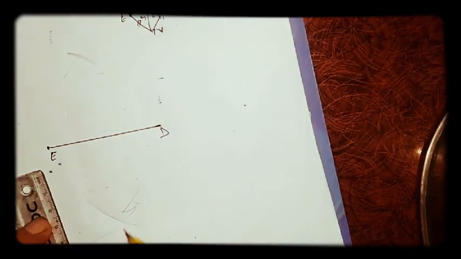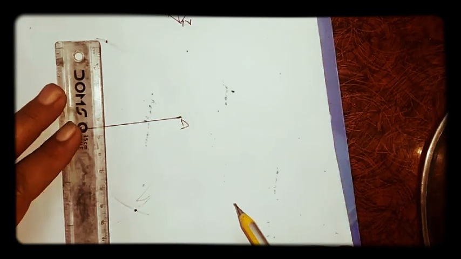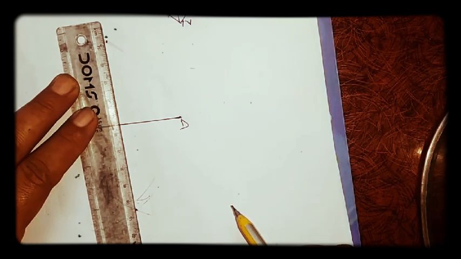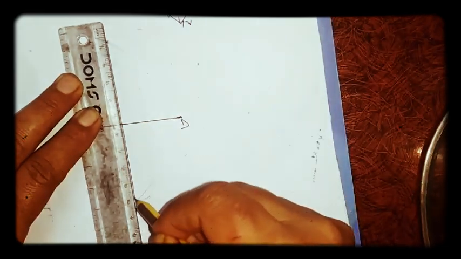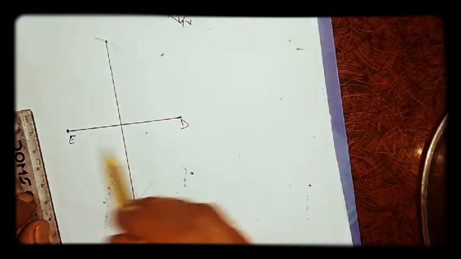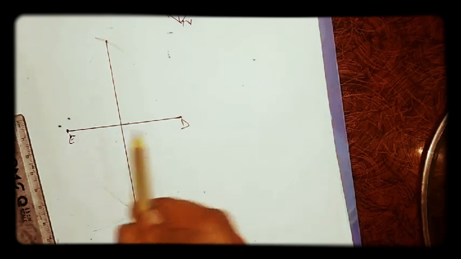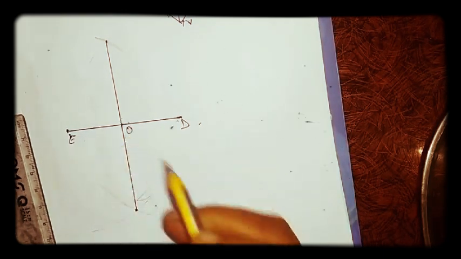Now I will join this where the intersecting points are there. इंटरसेक्टिंग पॉइंट को मार्क करेंगे और इनको ज्वाइन करेंगे. Okay, now I have drawn the perpendicular bisector of this ED. इसका perpendicular bisector मैंने खींच दिया है, मीन्स यहाँ पे 90 का भी बना रहा है और इस वाली ED को बिल्कुल हाफ में डिवाइड कर रहा है. तो लेट इट नेम एज O. जहाँ पे इसको कट कर रहा है इसको हम नेम करेंगे O.